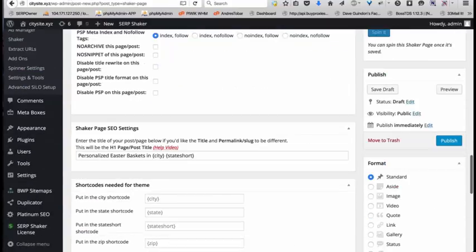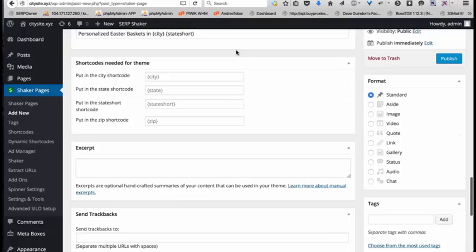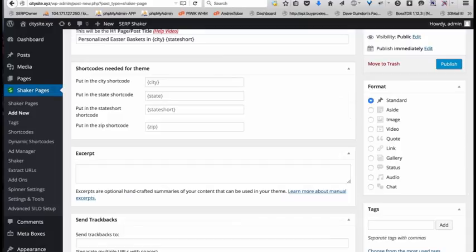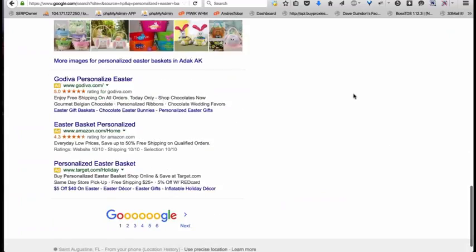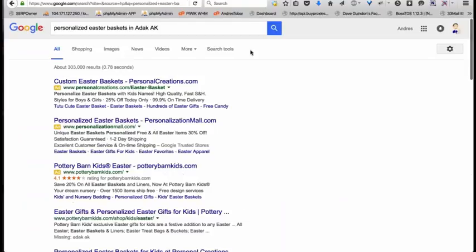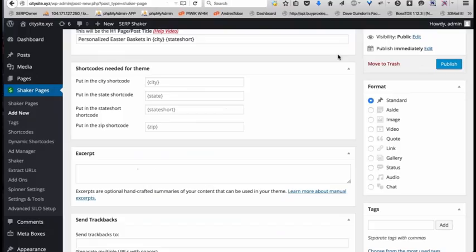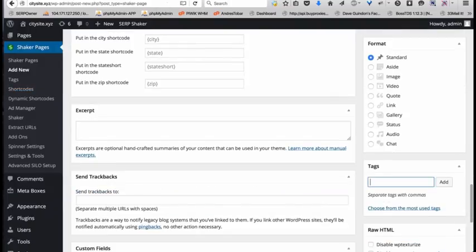And the only thing we're missing here is the tags. That's where you would do a little bit of keyword research to find out what other things you can do. I'm just going to do some generic ones associated with this. We'll do personalized gifts, city, state. When you're creating the tags, always add the city and state to them.